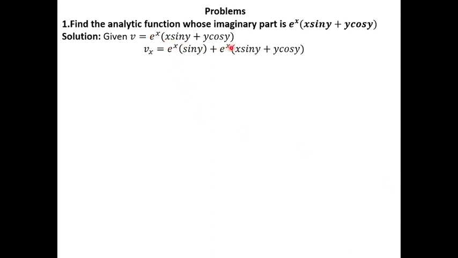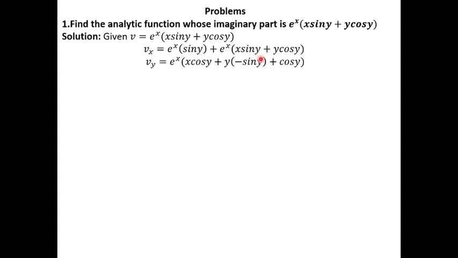See here, we differentiate the RHS with respect to x, present in both the first function and also the second function. Therefore we apply the product rule. e to the power of x, first function, into differentiation of this bracket function, that is sin y, differentiation of x is 1, plus 0 because there is no x term here, plus e to the power x, second function written as it is, and differentiate e power x, which is itself e power x.